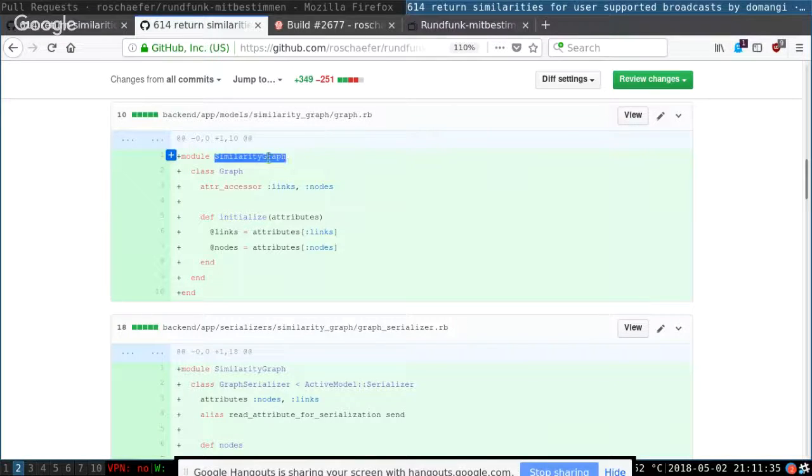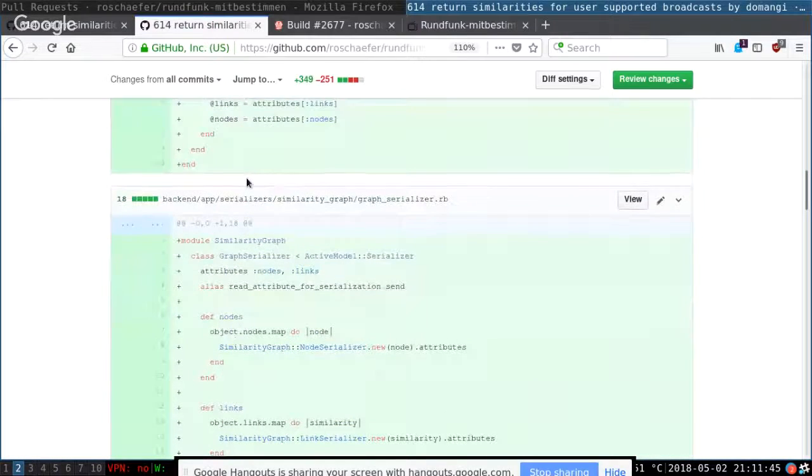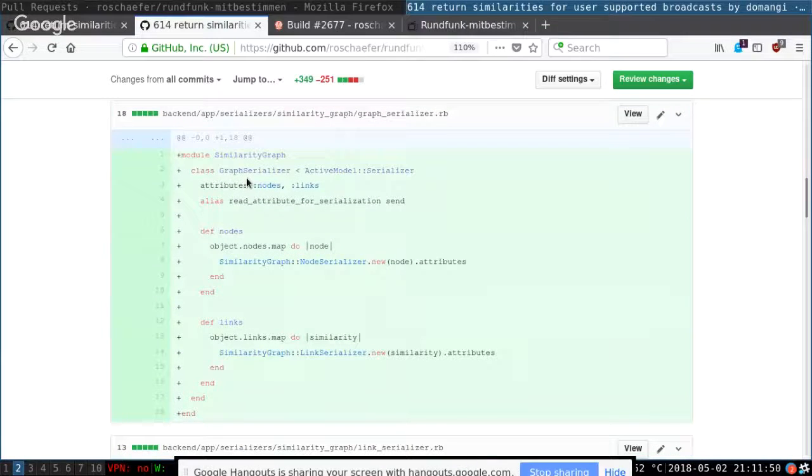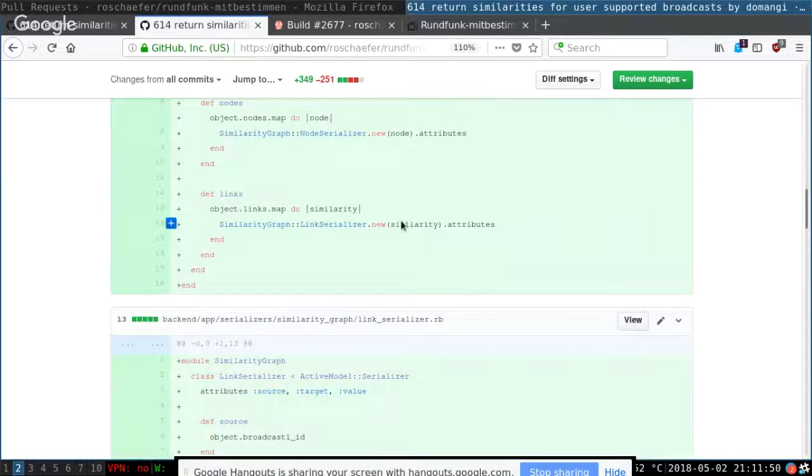Yeah, I think so, because it doesn't inherit from active record. That's okay, that's what I want, because it's not active record. That makes sense.